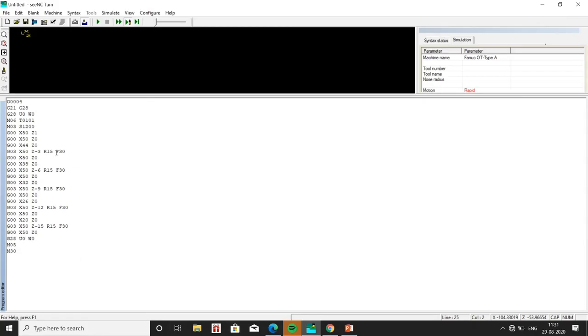So here in program we can see that initially the tool comes to X50 Z1 and then goes to X50 Z0.